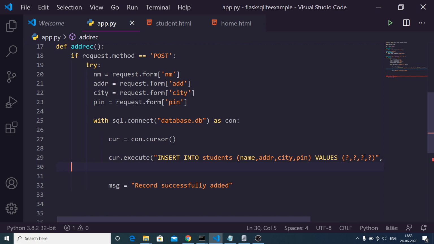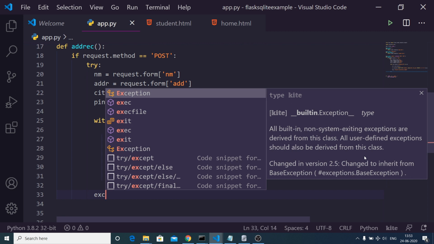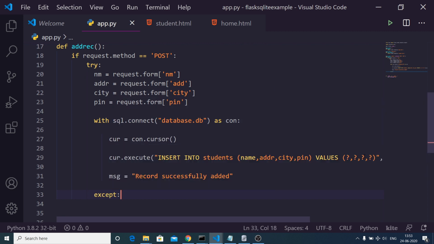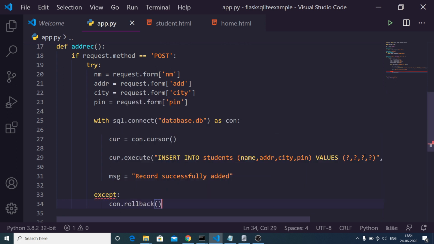And now we also need to write the except block also. With the except, if the process doesn't execute successfully, first of all we need to roll back the connection with the rollback method like this.